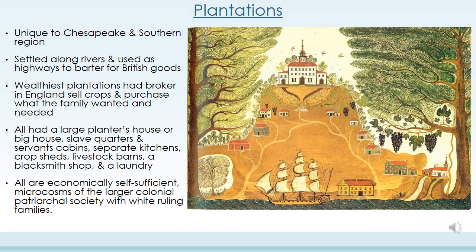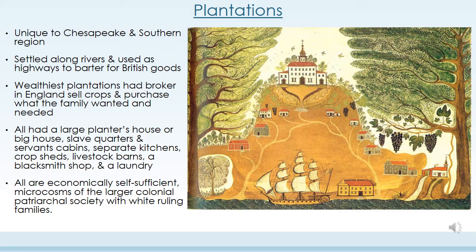So when you look at this illustration here, the main building at the top is the planter's house, which might also in the 19th century be referred to as the big house. And then the servants and the slaves would have lived nearby in the smaller quarters here. And kitchens usually are going to be separate from that big house or the planter's house because of the danger of fire. And then you'll see little sheds that would have stored the crops and livestock kept in the barns,